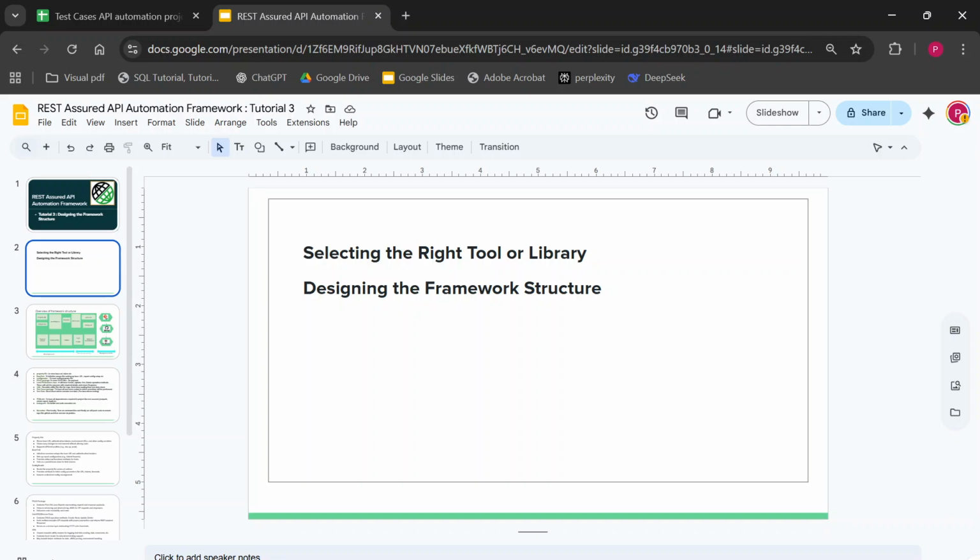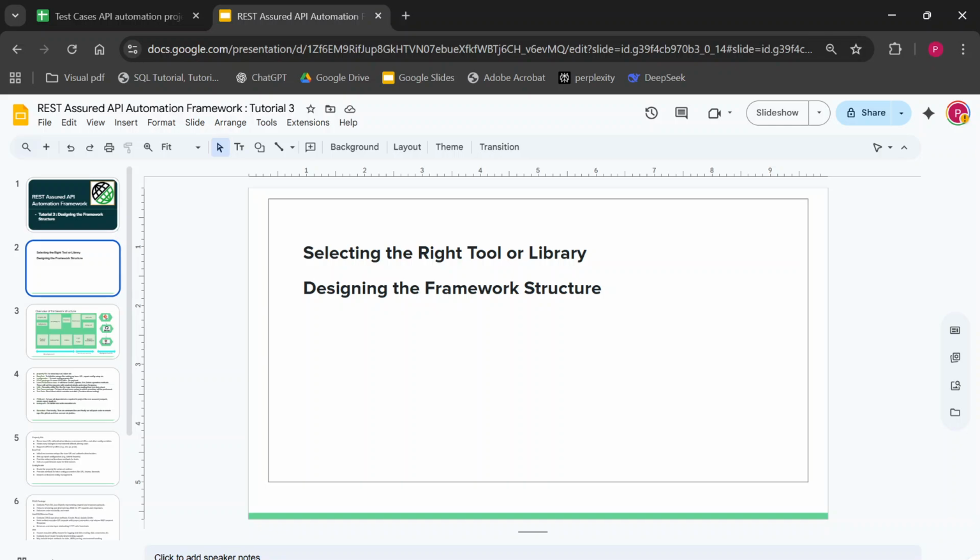But depending on the application you are working on, what are the types of APIs? How many APIs are there? How many test environments are there? There are multiple factors which we have to understand and analyze first